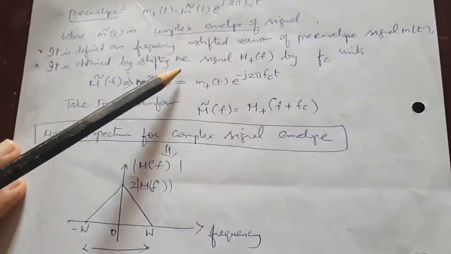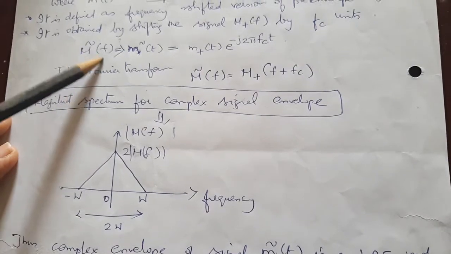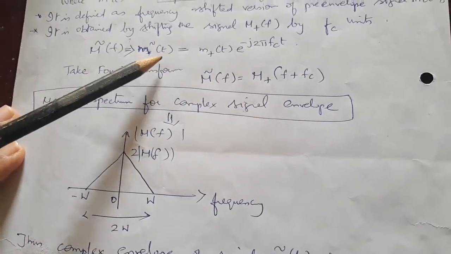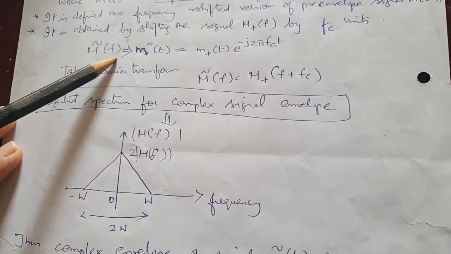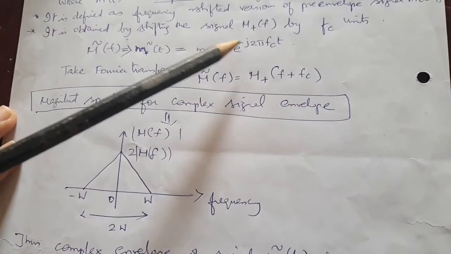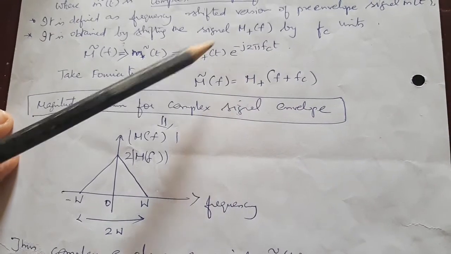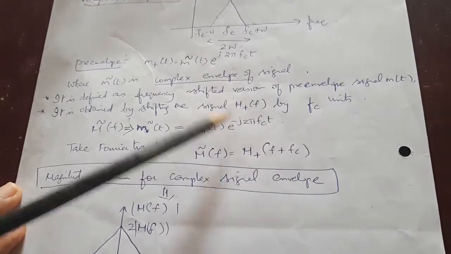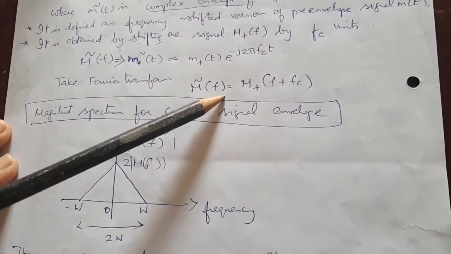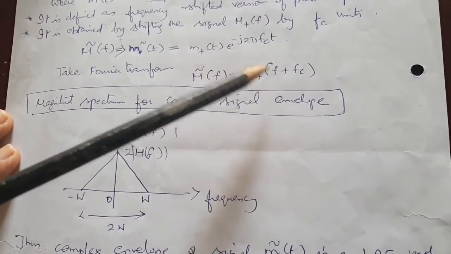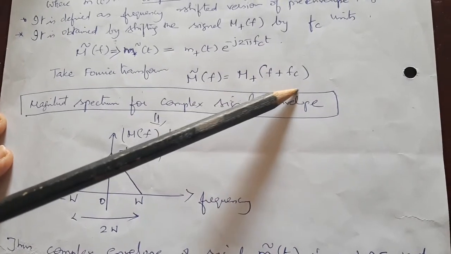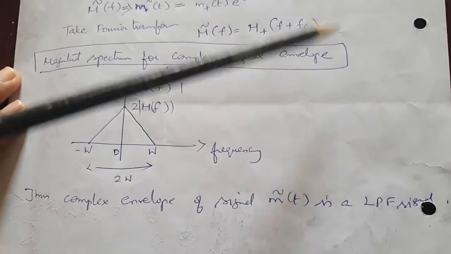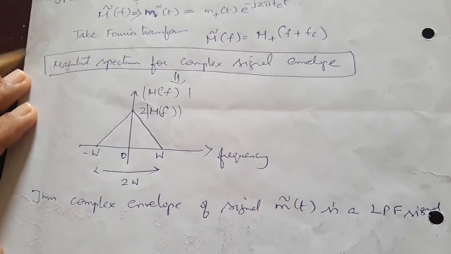So how to obtain it? The complex envelope is obtained by converting from the time to the frequency domain value. So you're going to obtain a frequency parameter. Once it is converted, you will get minus j omega ct in the exponent. You're going to take a Fourier transform. The Fourier transform will give the original frequency f plus fc. Therefore, now we are going to draw the spectrum of the signal f plus fc.